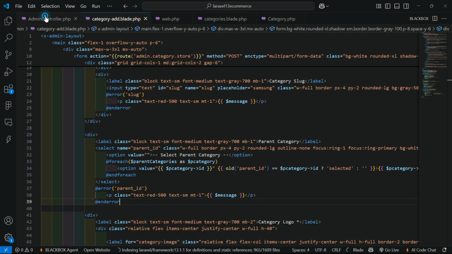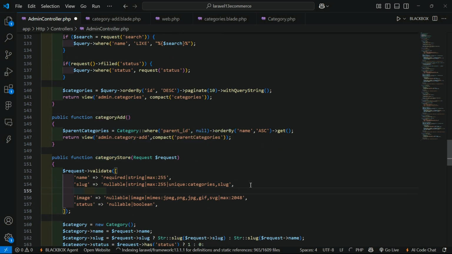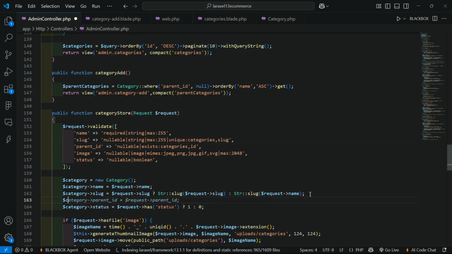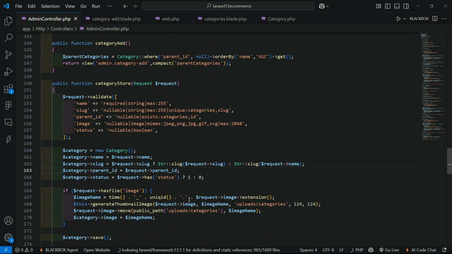and now again go to the admin controller, and inside this category store method add here the validation. So after the slug, just write here parent id, okay, and validation nullable, and exists within the category. Okay, and now after this just write here $category arrow parent id is equal to request arrow parent id. Okay, now save this,